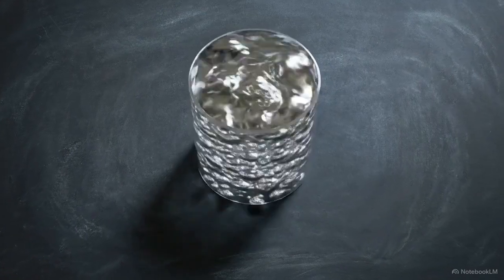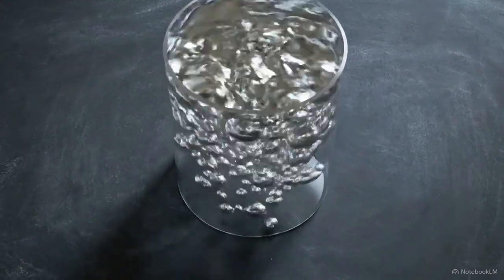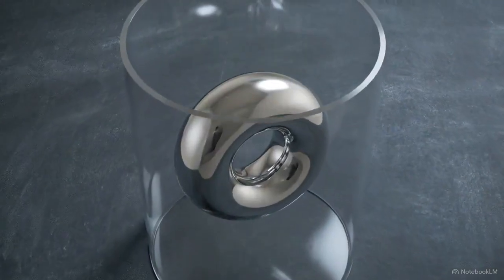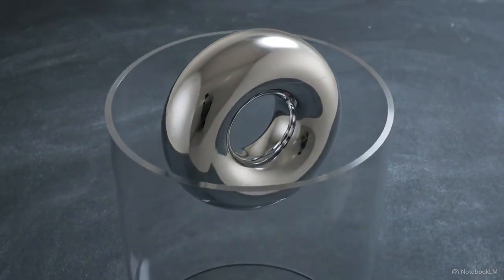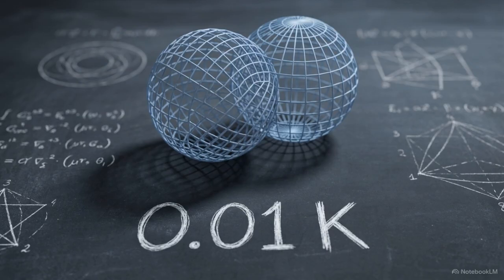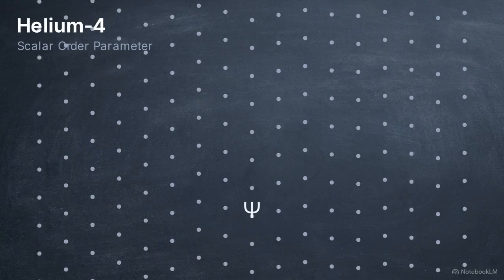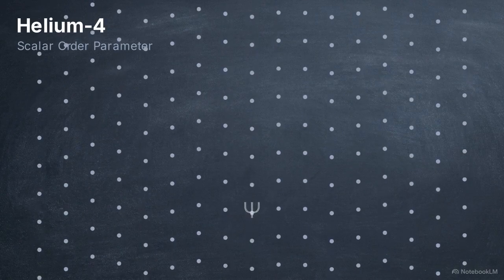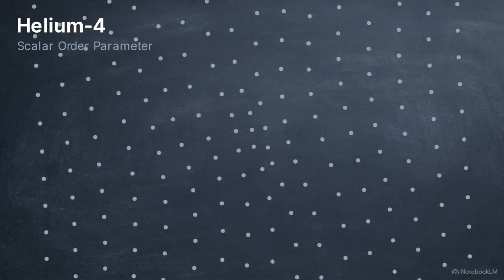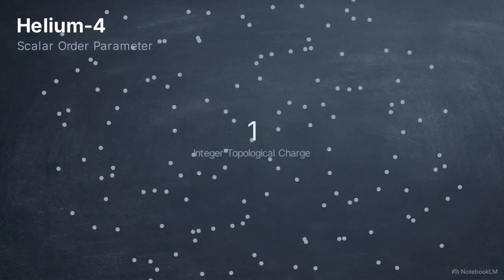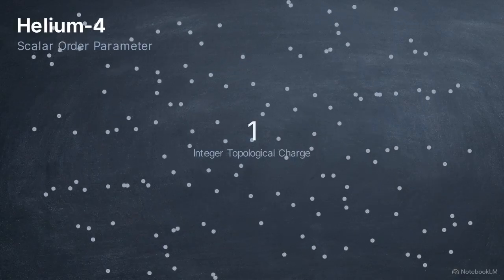This branching theory is backed by physical precedent. We can observe both the scalar and Spinor channels at the macroscopic level in superfluid helium. When helium-4 atoms cool to near absolute zero, they condense through bosonic pairing. This is the exact physical manifestation of the theoretically predicted singlet channel. The entire superfluid state of helium-4 is governed by a single complex scalar order parameter. Because of this scalar restriction, any vortices that form in the fluid carry purely integer topological charges.